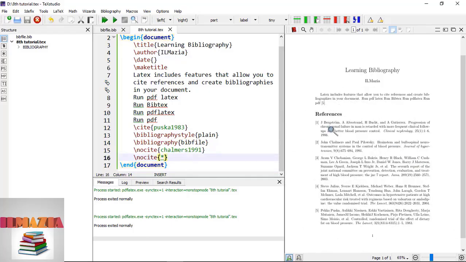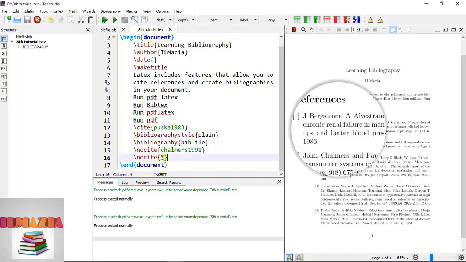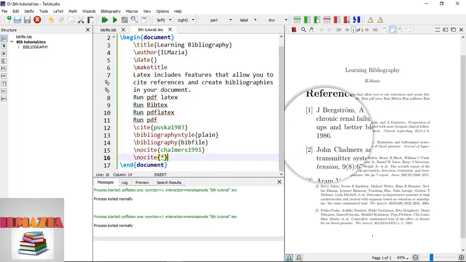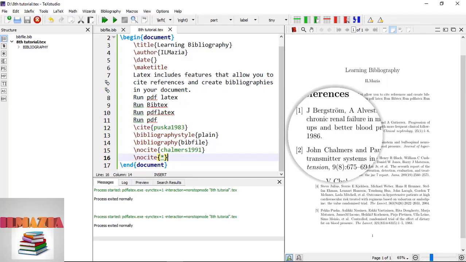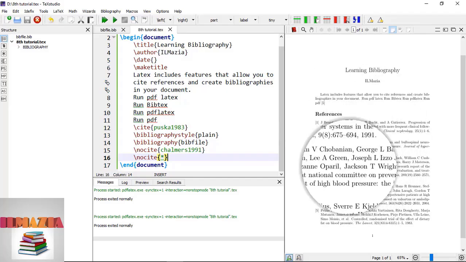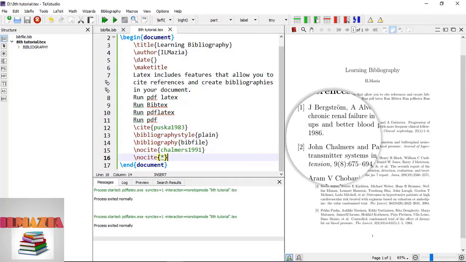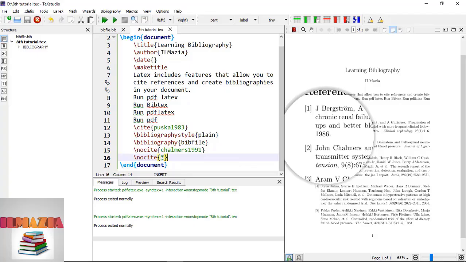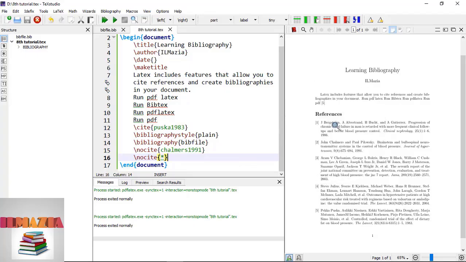You can see the author here and the year at the end, so you can make changes in this type of referencing style. You can add the year just after the author name. If you want to learn how to change this type of bibliography and make it proper APA author-year style,